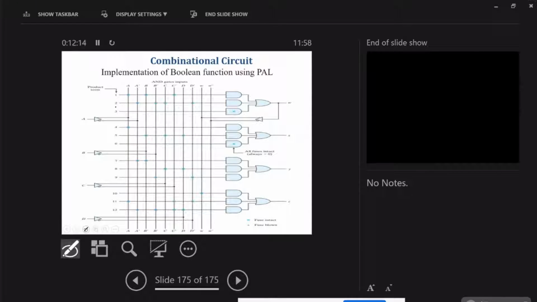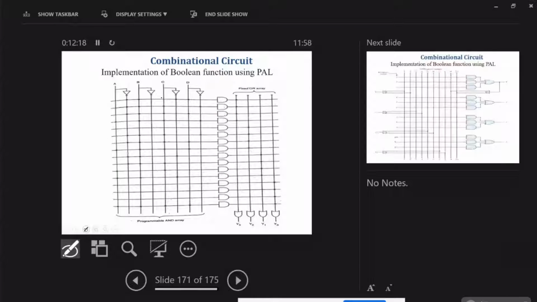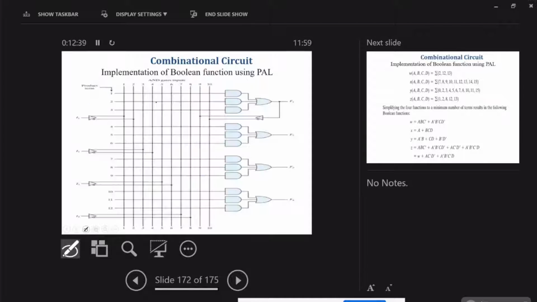The implementation, like we already know, this is the way we design everything: fixed OR logic we will use. But here for the programming we will program the AND array. Okay, so next,